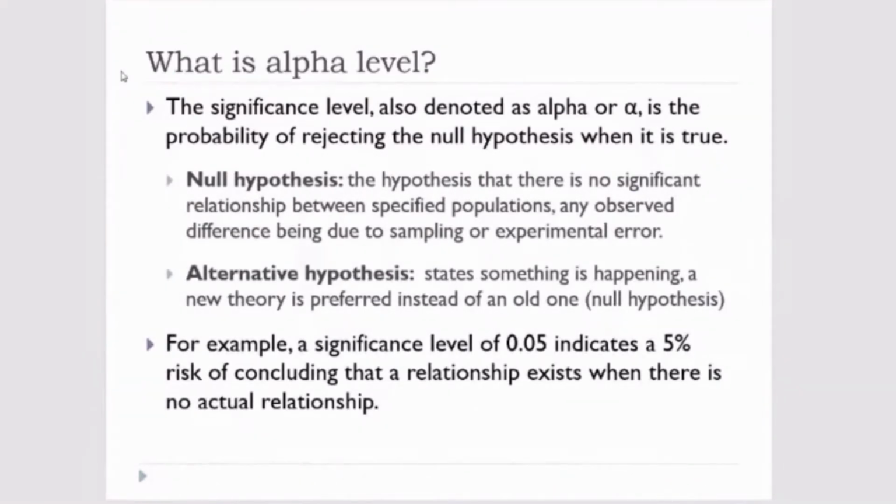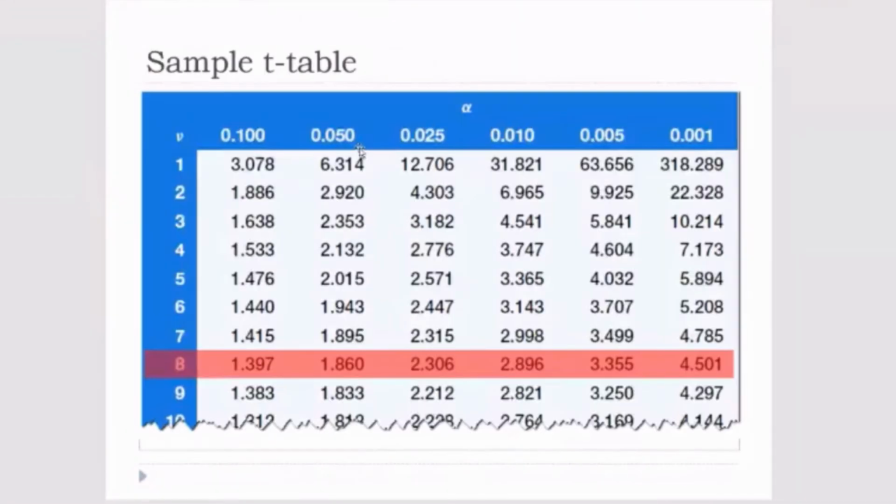So an alpha level or significance level of 5 indicates that there's a 5% risk of concluding that a relationship exists when there is no actual relationship. Meaning, in layman's terms, there's a 5% chance that you could be wrong with your generalization. Actually, we use 0.05. So at 0.05,